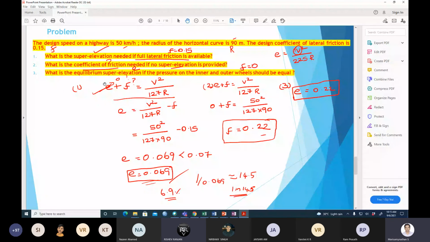So here what they're telling is that the pressure on the inner and the outer wheels should be equal, which means there are no frictions or skidding effects happening. So it is nullifying. If you recall the last class, we have seen how